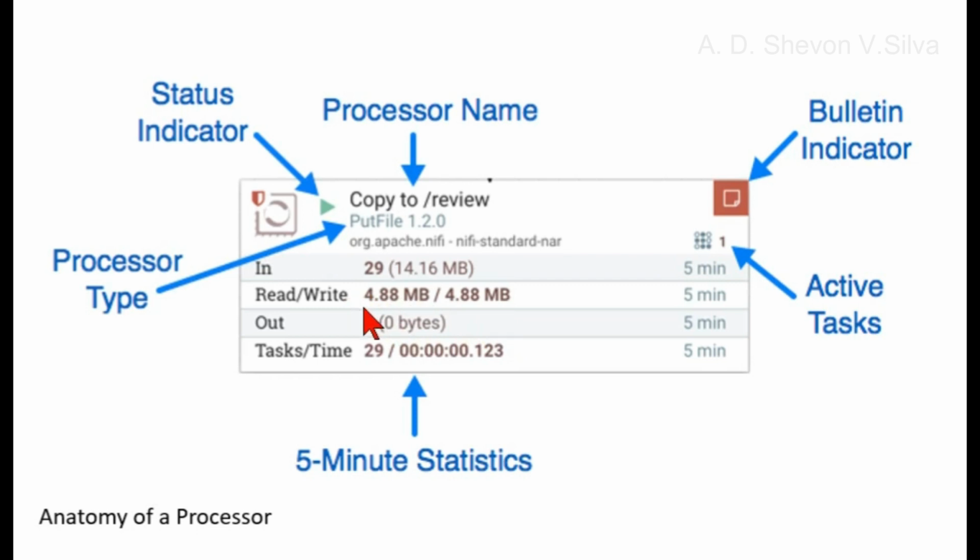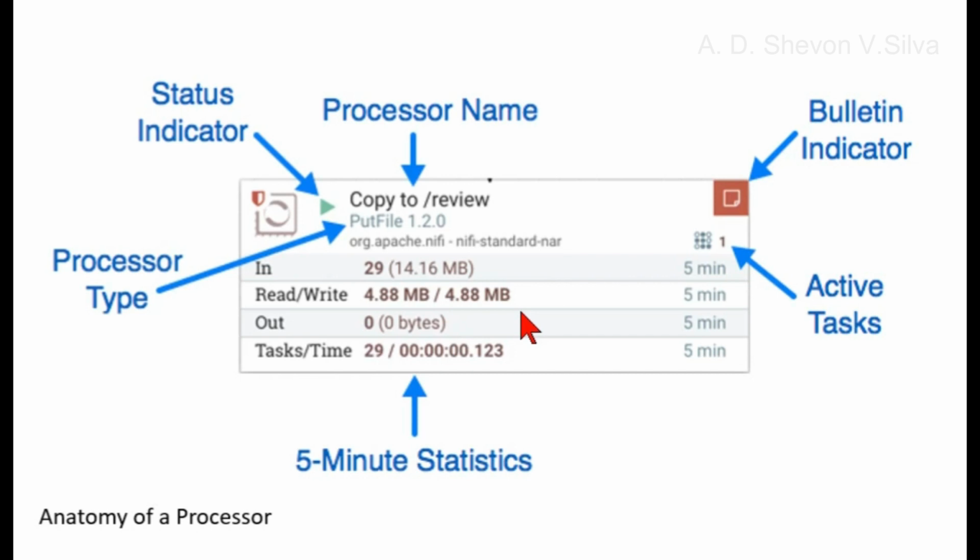Others will never read nor write data, and some processors will both read and write data. In this example, we see that in the past 5 minutes, the processor has read 4.88 MB of the flow file content and has written 4.88 MB as well. This is what we would expect, since this processor simply copies the content of the flow